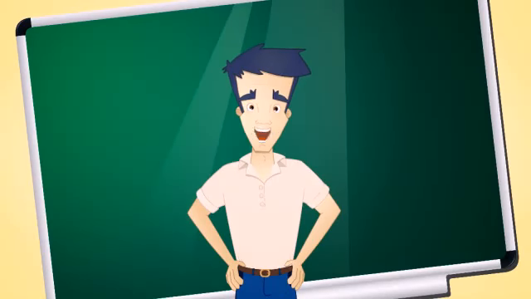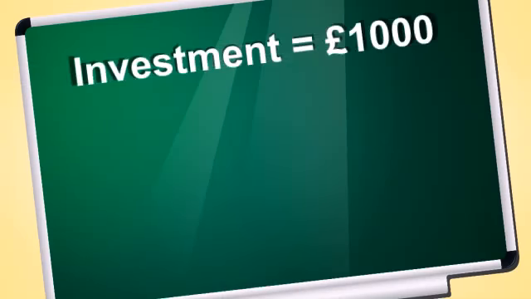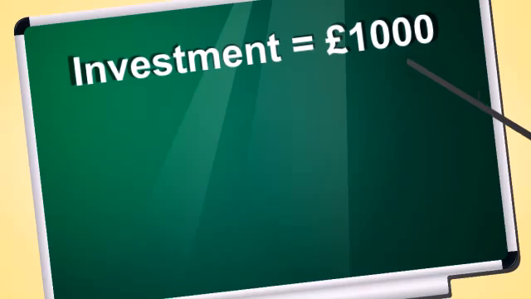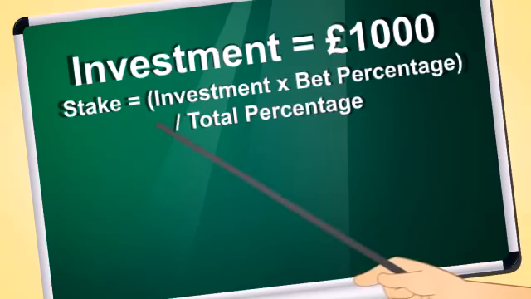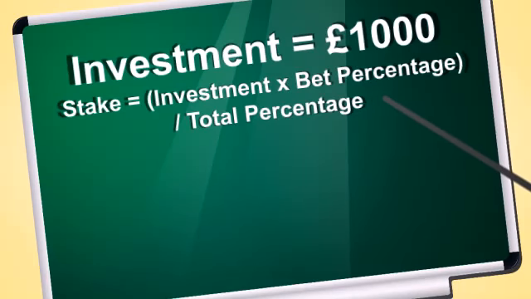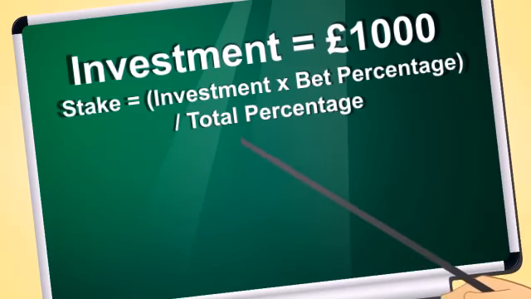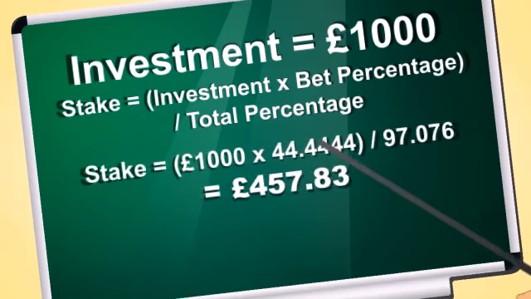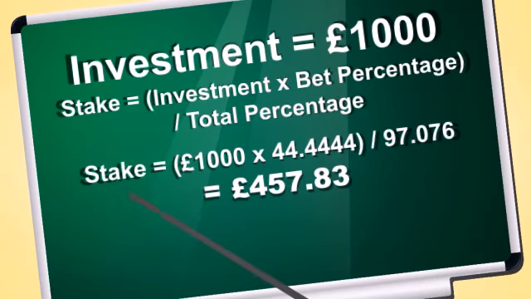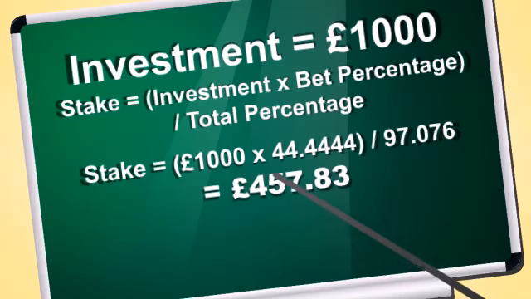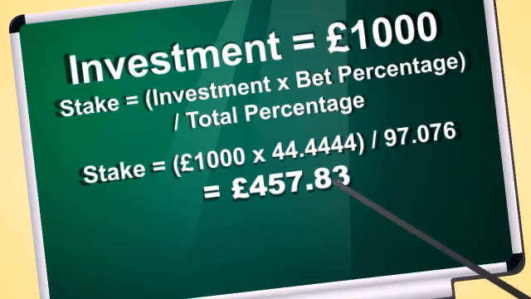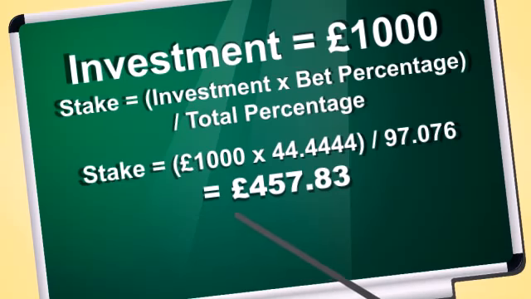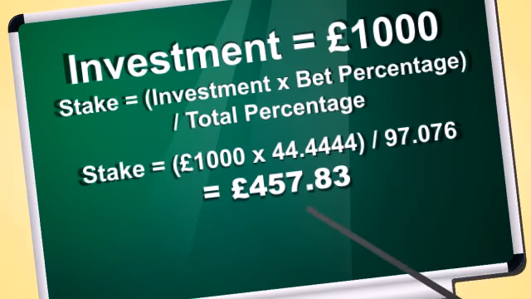Calculating the stakes you need to place on each bet is simple. First, decide how much you want to invest in the total trade. In this example, I'm going to use a round figure of £1,000. Now just take this figure, multiply it by the individual bet's percentage, and then divide the result by the total percentage. At William Hill, the bet on Gonzalez is at 5-4, which we've converted to 44.4444%. So our stake here will be £1,000 times 44.4444, divided by 97.076,